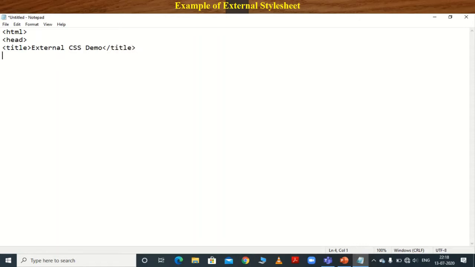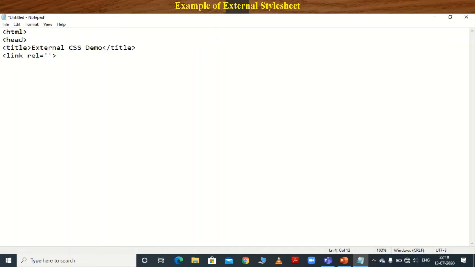Then listen here, in external CSS the style tag is not used. Instead of the style tag we have to use the link tag. The first attribute of the link tag is rel, relation, equal to, in single quotes.